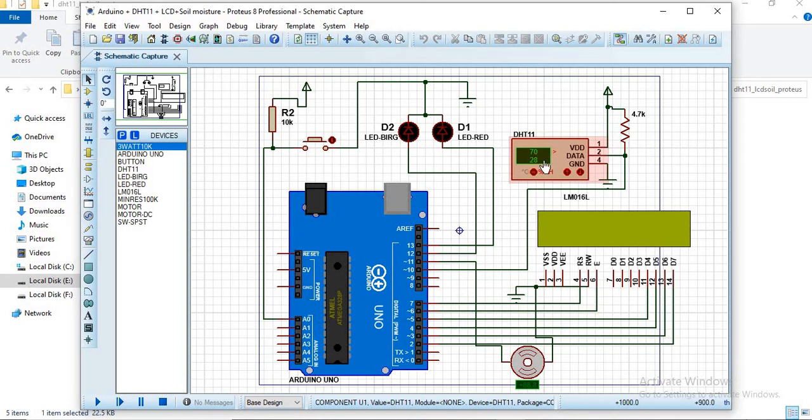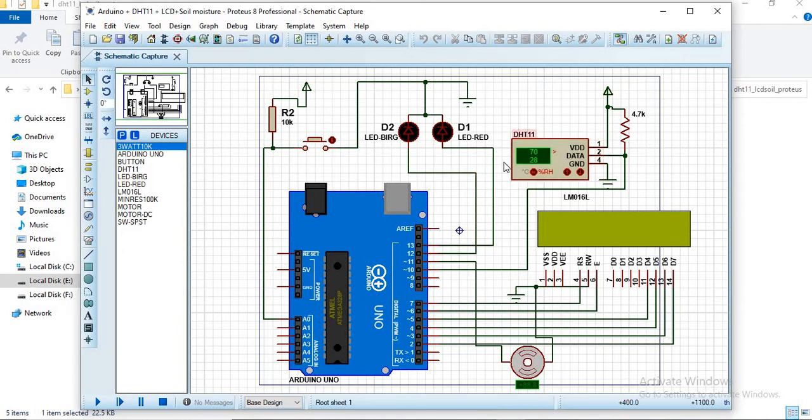Coming to this DHT development sensor, using this notch we can change the temperature. This is the humidity and the temperature. In order to change the temperature, just click on this. This greater than symbol will appear at 28 for the temperature, and it is increasing and decreasing. When you click it again, it will change to the humidity mode, and you can change it. In the program, we set the temperature as 45 degrees and the humidity as 65%.